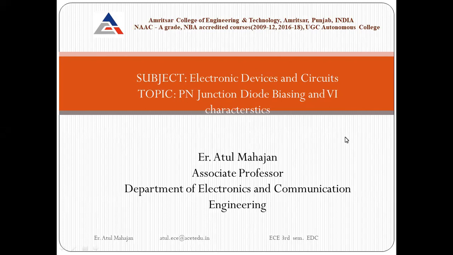Now, first of all, before starting with my topic of the PN junction diode, I would just like to introduce you to the meaning of P and N. What do P and N stand for in a PN junction diode? P stands for P-type material and N stands for N-type material. P-type are also the positive or acceptor ions, and N-type are the negative or donor ions.